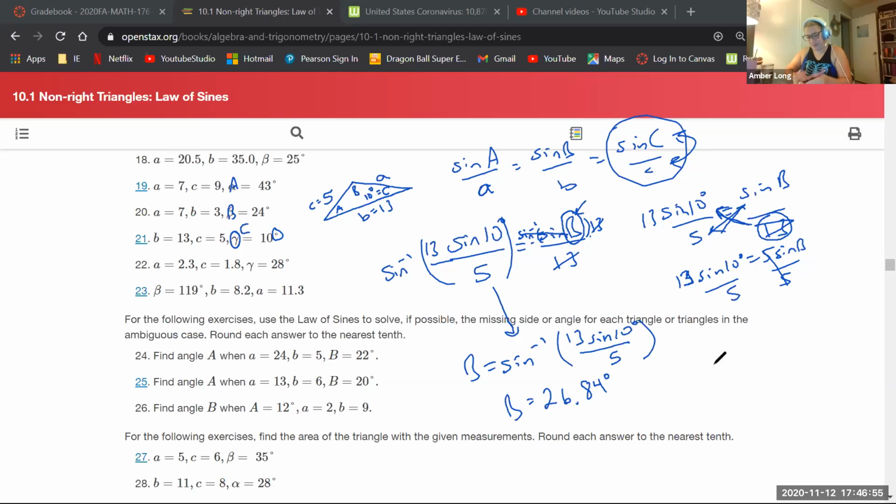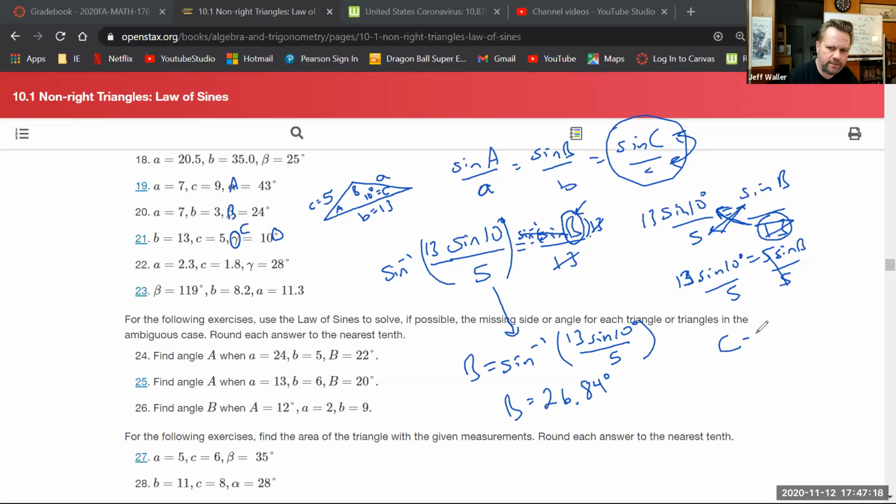I like it. So if you did get no solution to this, that would tell you there's no triangle. If you can't even get one angle to work, no triangle. What do I have to check right now to see if there's a possibility that there's more than one answer? It could be a reference angle. Yes. So right now, one possibility is C is 10,